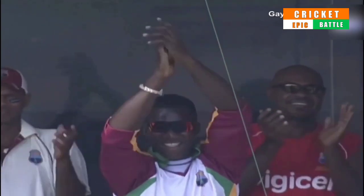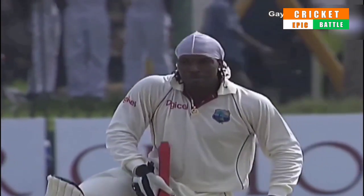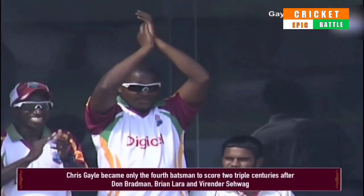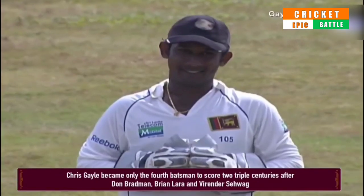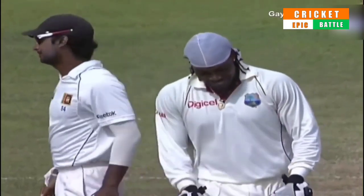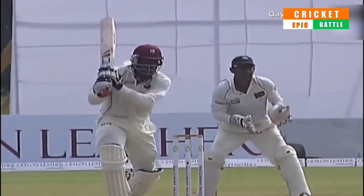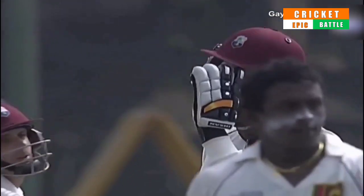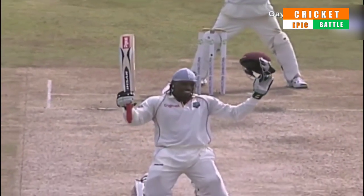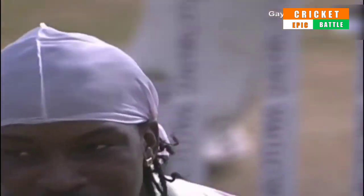Chris Gayle in the middle of the wicket on his knees, and his teammates applaud. What else can you say? Yes, a touching moment. He has a big smile on his face. Chris Gayle now joins a very select band of cricketers who've made 2 triple centuries: Brian Lara, Don Bradman and Virender Sehwag. That's a moment you'll remember on the 16th of November 2010,